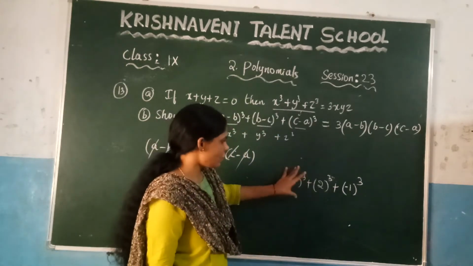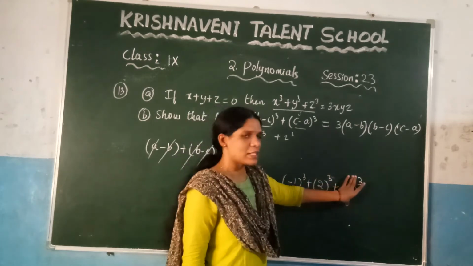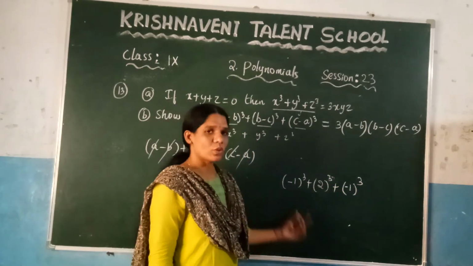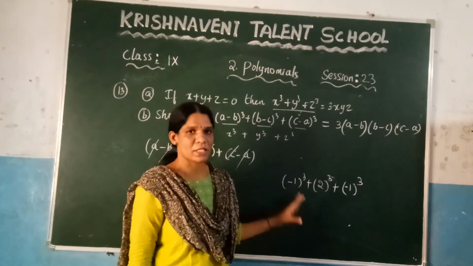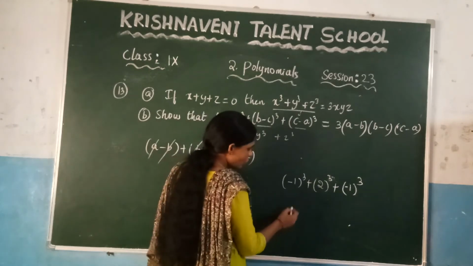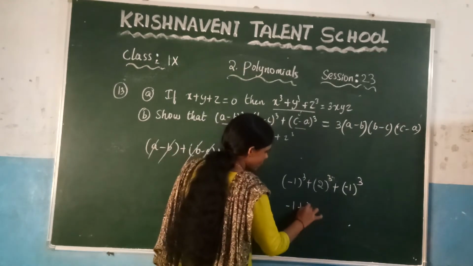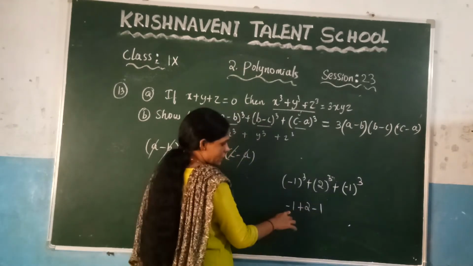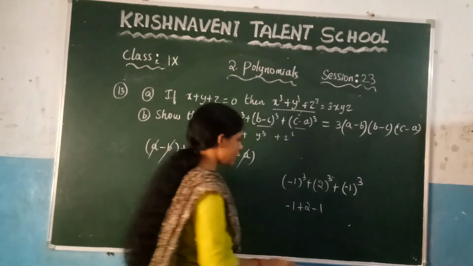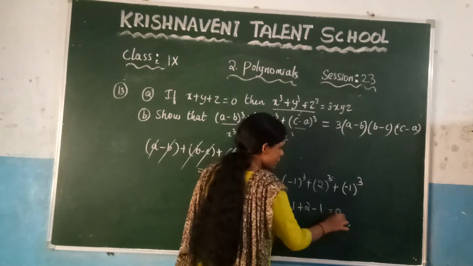you know that again it is in the form of x cube plus y cube plus z cube. There is no need to do the calculation here. There is no need to multiply this number 3 times. Just check what is the value of x plus y plus z. That means what is the value of minus 1 plus 2 minus 1. In place of x it is minus 1, 2 and minus 1. Just add these values. What you are getting here, you are getting the value as 0, right?